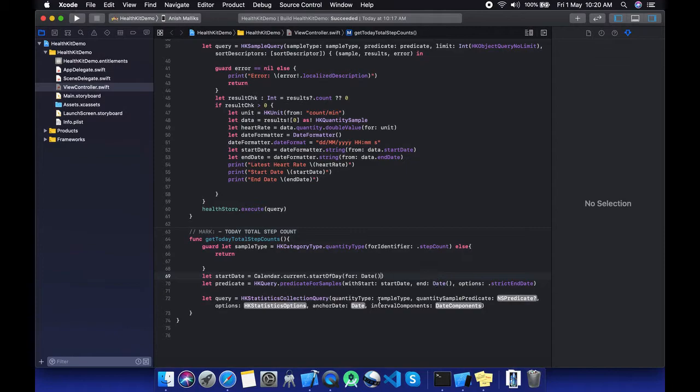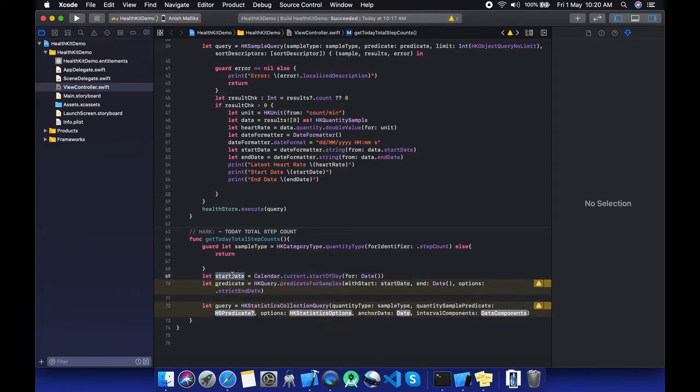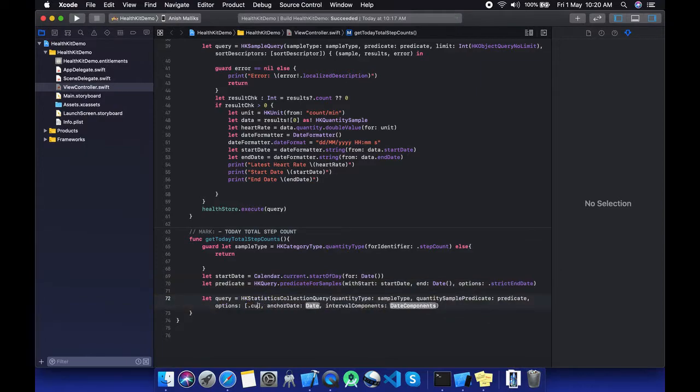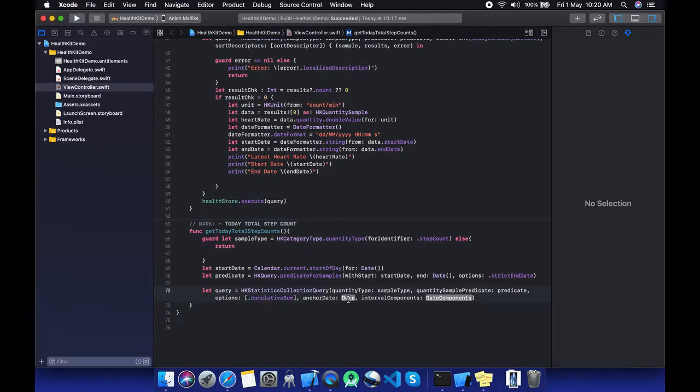As we are fetching today's step counts, the start date will be the predicate, set the predicate over here. In HK statistics options, what we need is a summation of step counts. In anchor date, put the start date. In interval components, we need per day data.